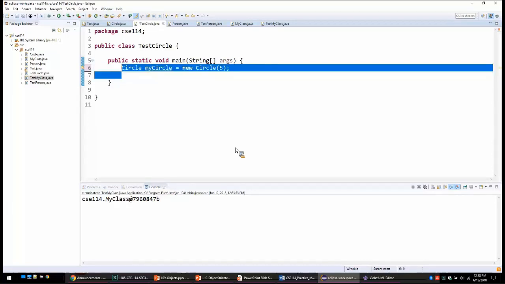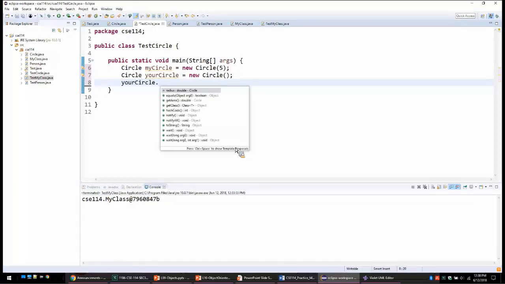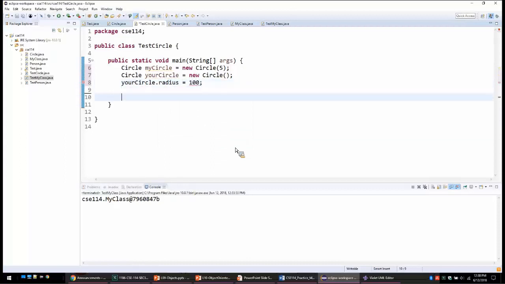We create a different circle, let's call it yourCircle, to which we assign a new circle of default radius, and then yourCircle.radius is assigned a different value like 100. So now if we print the radius of yourCircle,